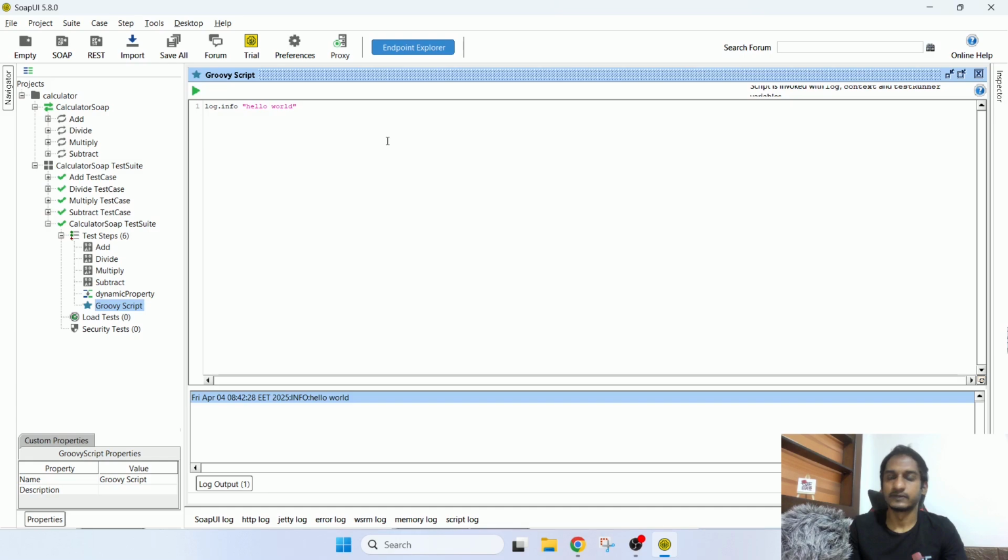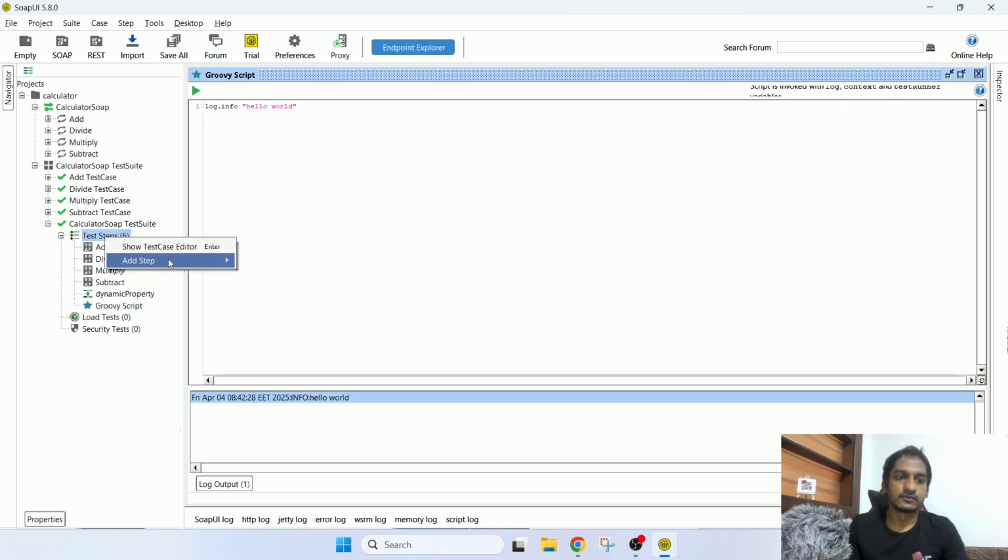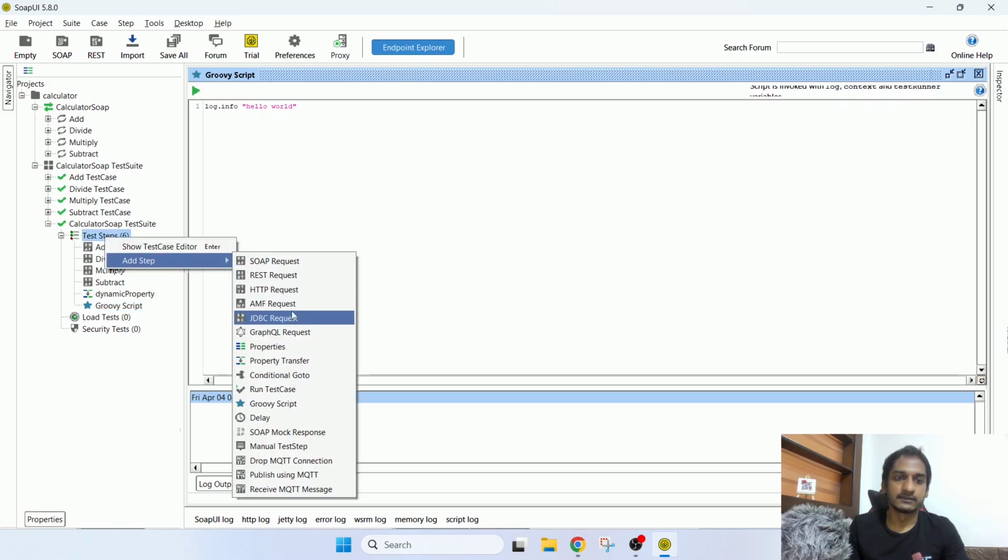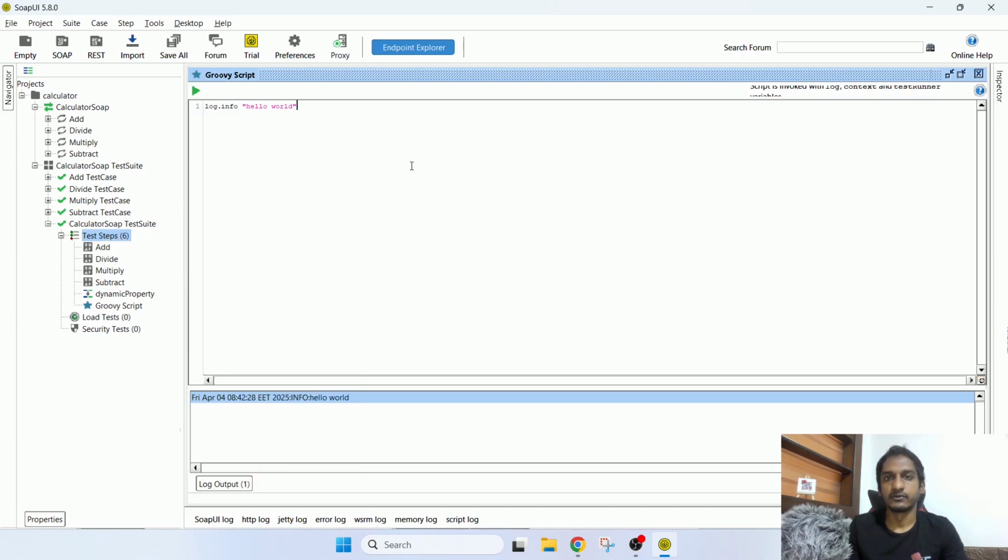I'm not going to touch this groovy script because this is not related. If you know groovy, then using groovy you can play with these options as well. Other than that, if you go to add step, there are other options as well: SOAP, JDBC, GraphQL. Likewise, there are different options. You can add delays as well. All these options are available for you to edit at the step level too. So I think it was clear. Now you know how to add your custom or user defined properties